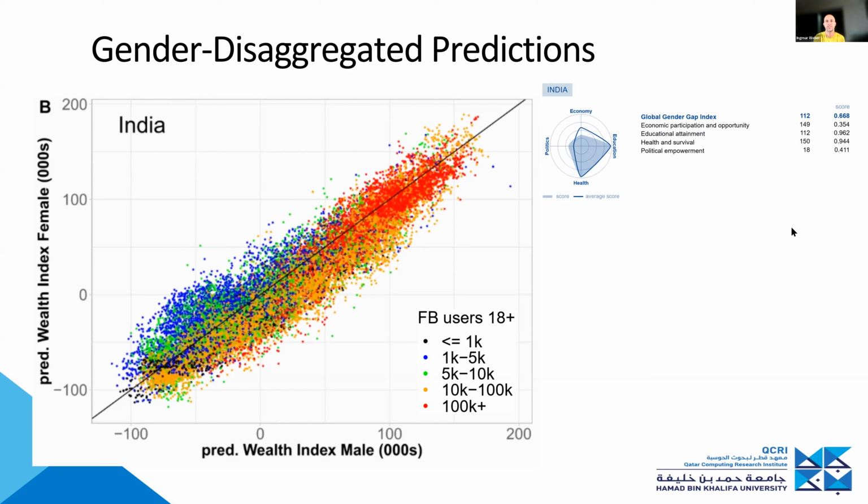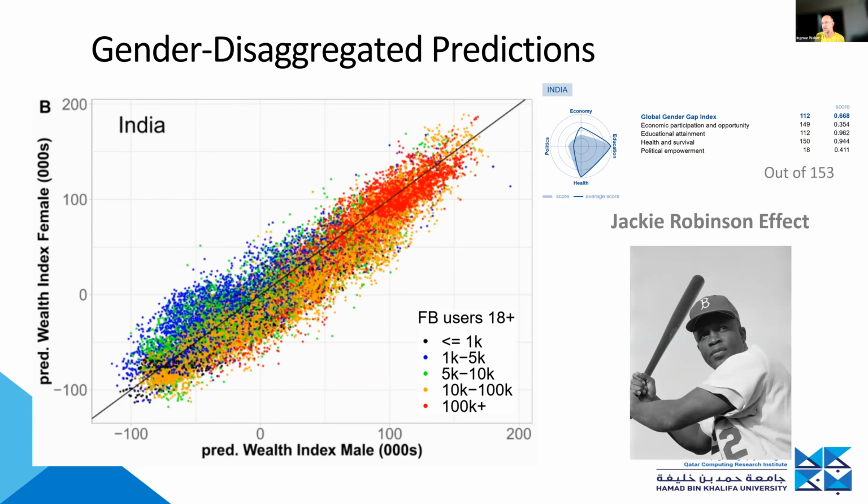So why am I saying this so confidently? Well, for example, if you look at data from the Global Gender Gap Index, a report that the World Economic Forum puts out, it ranks India in terms of gender equality for economic participation and opportunity 149 out of 153 countries included, right? So India is far from being gender equal. So this is not plausible. So what's going on here? Why is our model fooled?